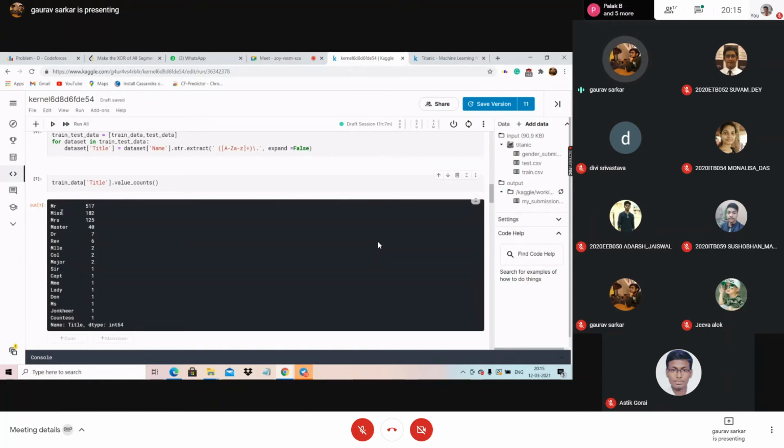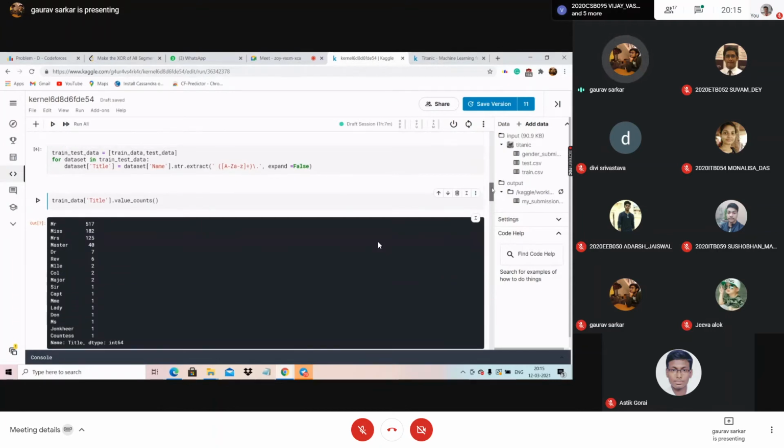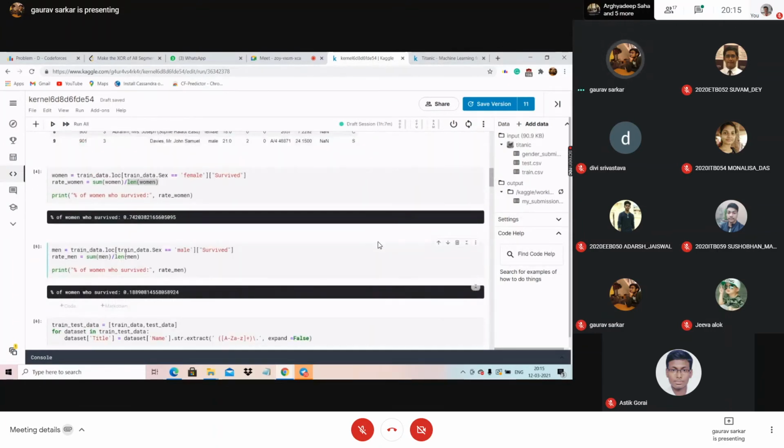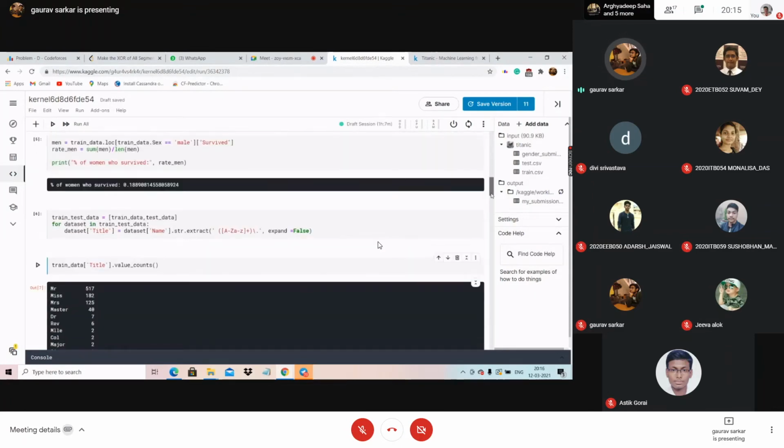Again, we are doing this to find a dependency. Like for the woman one, we tried to find out if our survival rate depends on the gender. Similarly, we are brainstorming if we can find a relation between the title and the survival. You can simulate like we did here, with this woman thing where I found an accuracy value.